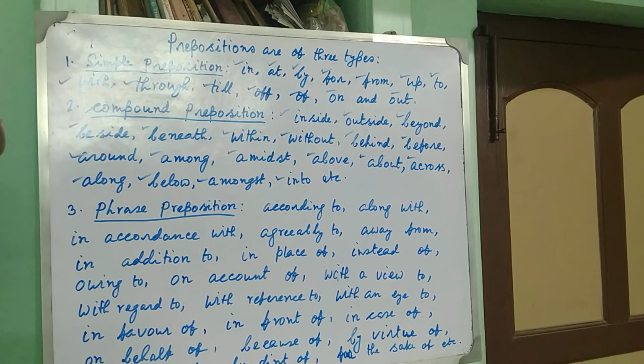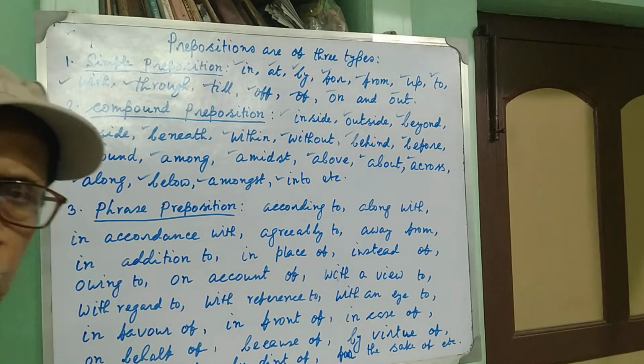A phrase is a group of words without having a finite verb. It is also the part of a sentence, or a phrase can be used as the part of a sentence, but remember that it has no finite verb, and this is called phrase preposition or prepositional